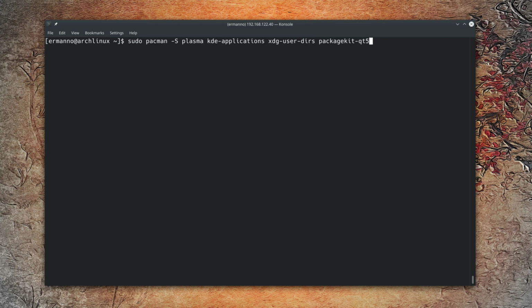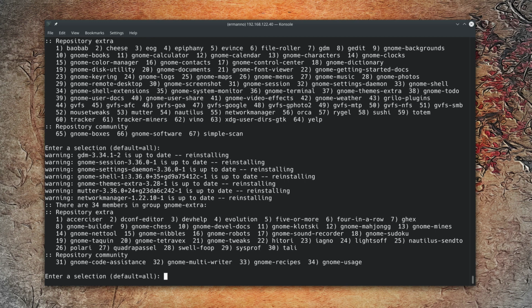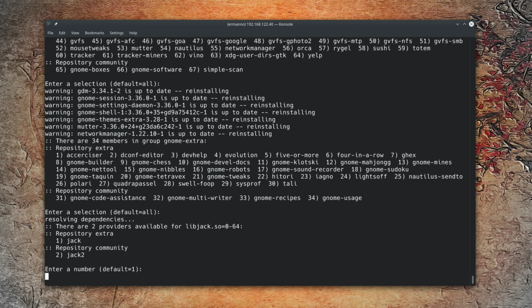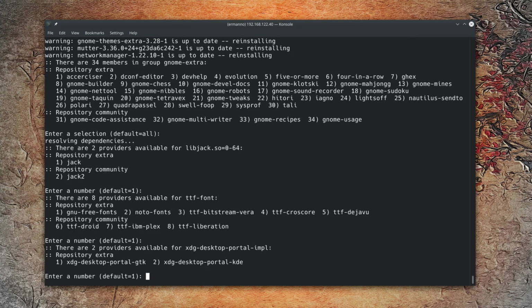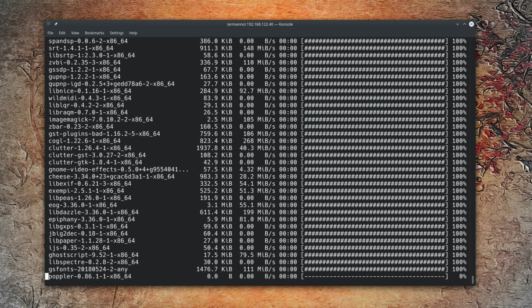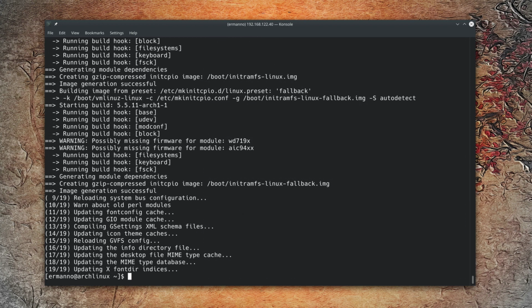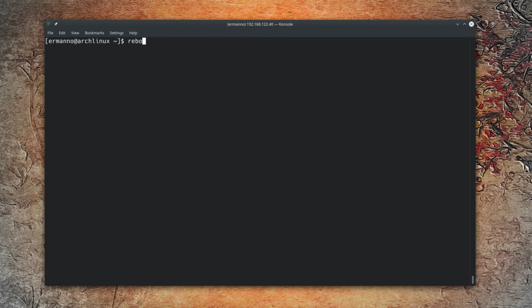In my case, I want to install GNOME, so I'll delete this and replace only 2 packages. The first one is gnome, and the second one is gnome-extra. This is optional, but if you want to have some extra programs for GNOME, you can install this. I'll go ahead and install both, so I'll just hit enter and accept the defaults by hitting enter. Again, accept the defaults by hitting enter. One more time, and one last time. And now we can proceed with the installation by hitting enter. It's going to take a moment to download and install the packages, and I'll be back when it's done. And there you go. GNOME is now installed, so we can clean up the terminal and type in reboot, and